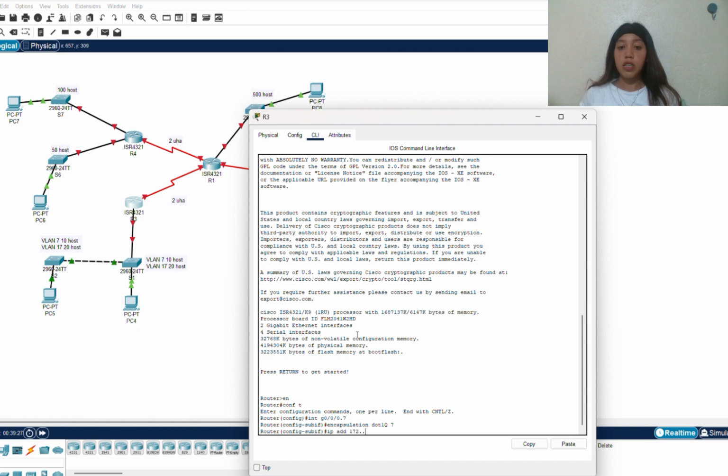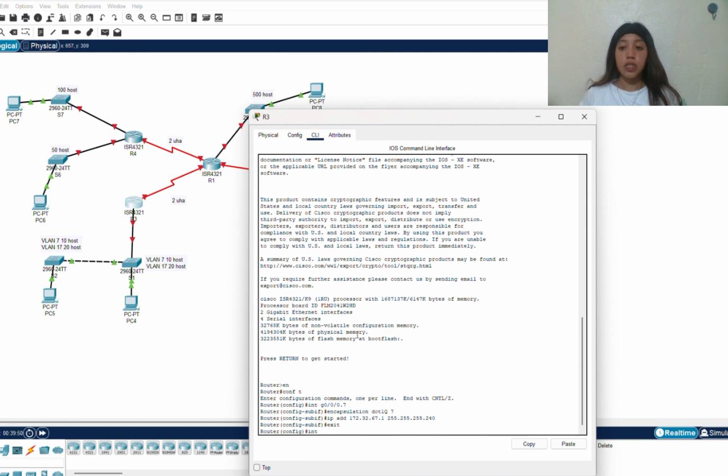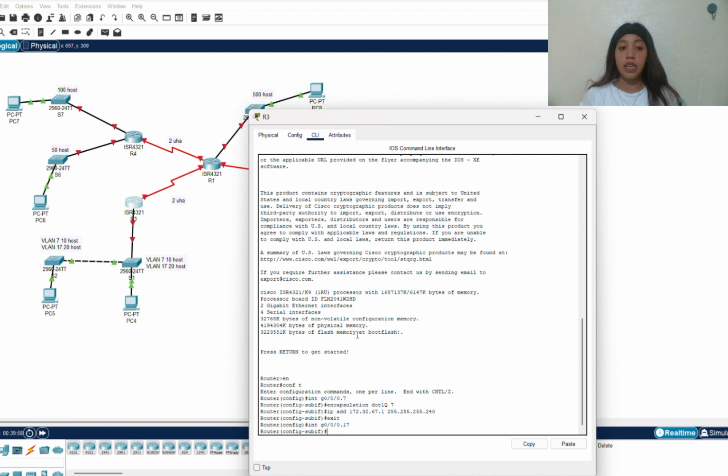172.32.66.193/27. Router 3 also acts as a DHCP server, excluding its own IPs with the ip dhcp excluded-address command when creating DHCP pools for VLAN 7 and VLAN 17. Router 2 is configured similarly with interfaces for VLANs 2, 4, 6, using IPs like